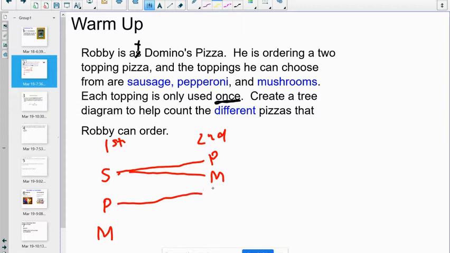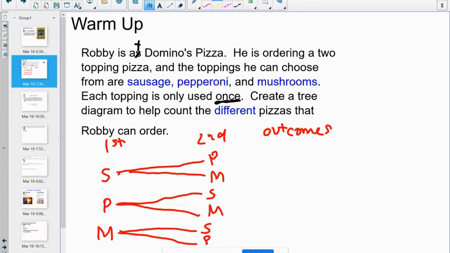Same thing for the pepperoni first. You could have sausage or mushrooms. Same goes for the mushroom first. And then our different possible outcomes here. Can have sausage pepperoni, sausage mushroom, pepperoni sausage, pepperoni mushroom, mushroom sausage, and mushroom pepperoni. Okay, so we have all of our different outcomes, but